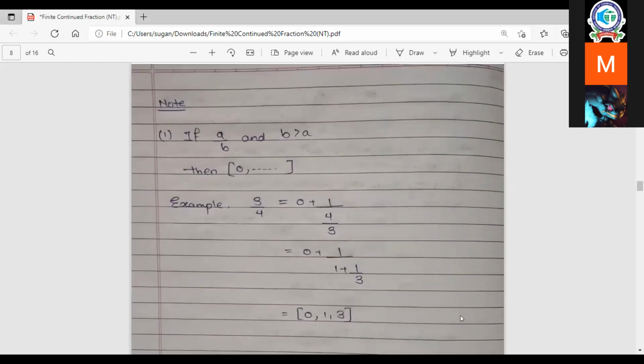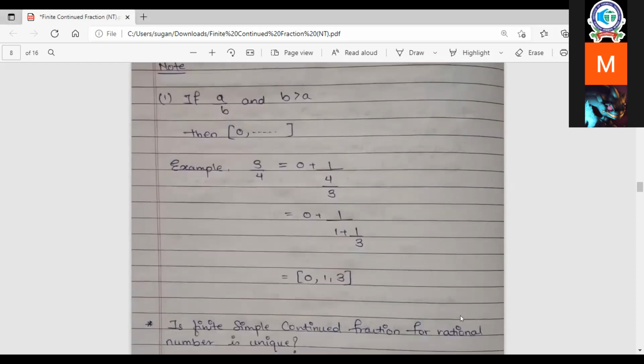So why you stopped here only? Why are you not continuing? Because if we continue, then we get an infinite form and we are doing the finite simple continued fraction. No, that is not the thing. So you see, when you are doing 4 by 3, you are again done one more time. But when 1 by 3 comes, you are not done. Why is it? That you need to understand, where to stop. You need to study that again. Okay, go ahead.